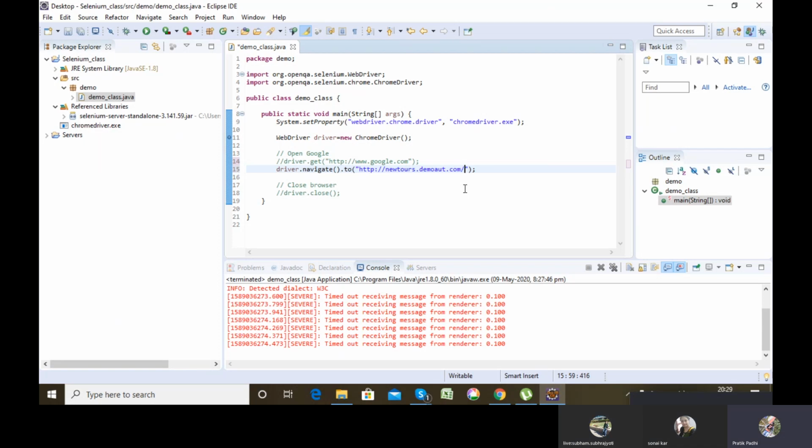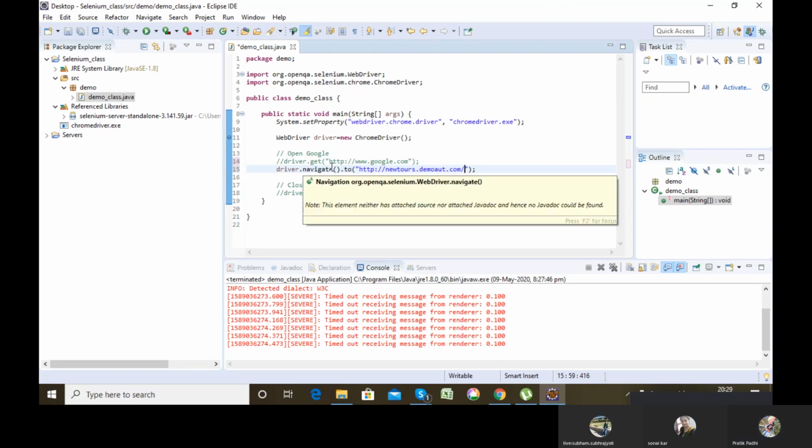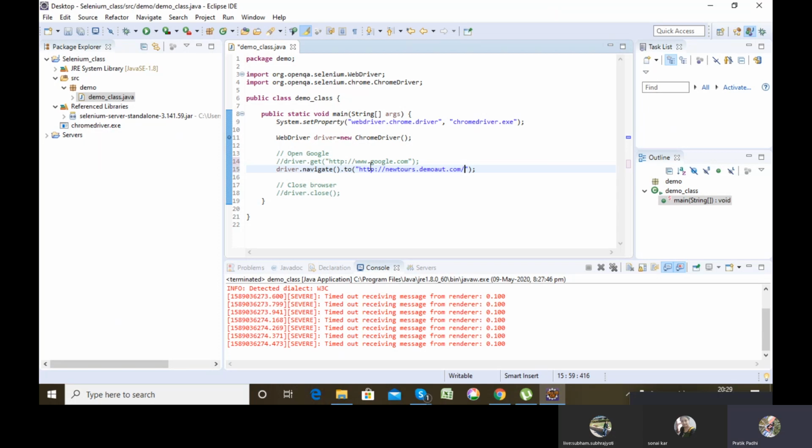One is .get, one is .navigate.to. Also always remember, Selenium WebDriver uses HTTP protocol for internal browser communication. So if you just give www.google.com, it will not work. You have to mandatorily give HTTP, because it uses this HTTP protocol for internal browser communication.